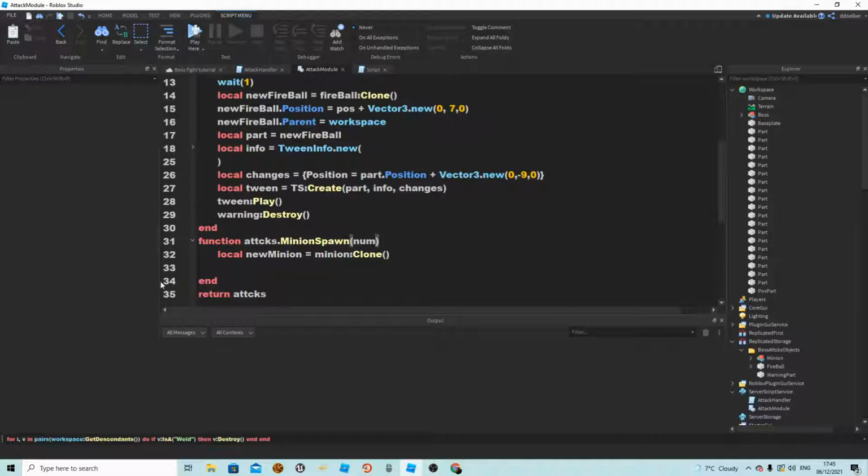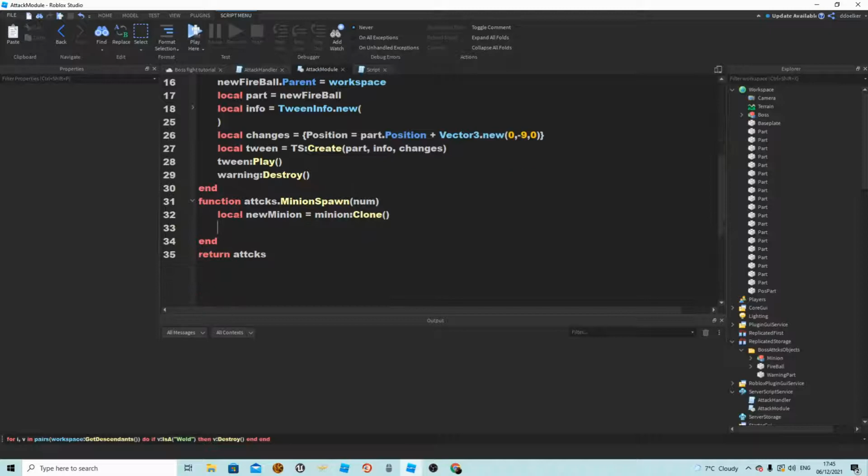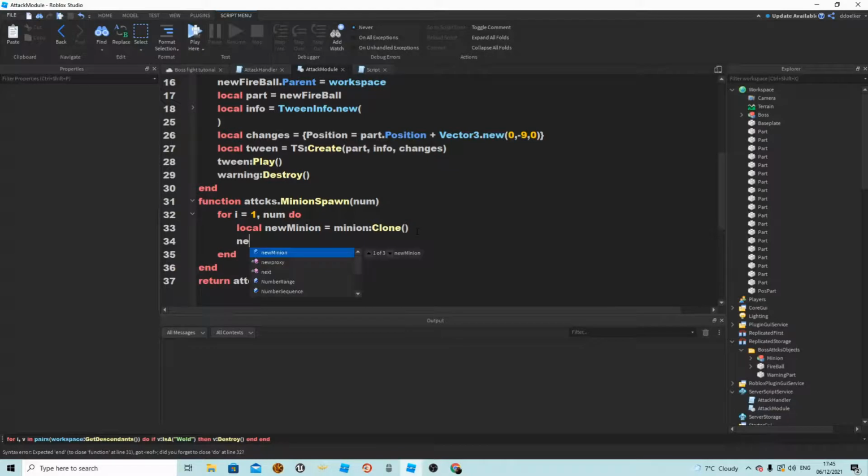So, and let's just continue with this, and then do that it spawns it multiple times. But actually, I'll just paste it in and just replace the 10 with num. Now let's indent this and write an end here. Okay, but now new minion move to,